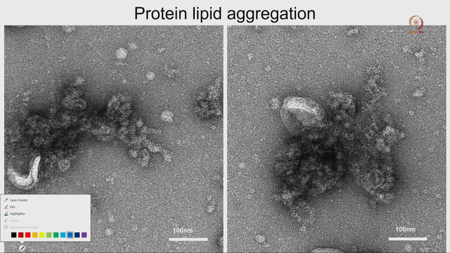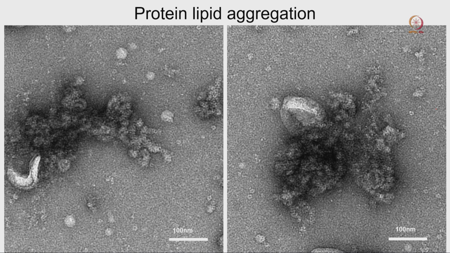That is lipid protein aggregation. So, you can see that lipid protein aggregation in this particular region. There are some isolated particles you can see here, but there is a huge aggregation. Again you can see a huge aggregation here. And isolated protein molecules, if you pay attention, you can see all these isolated protein molecules here, here, here. But there are some small lipid protein clusters also, but the majority is that aggregation.